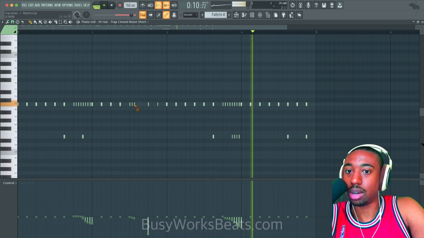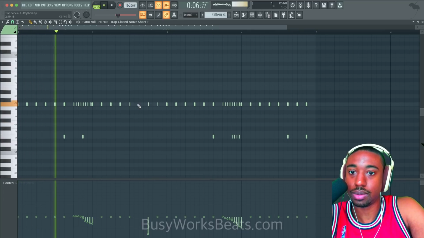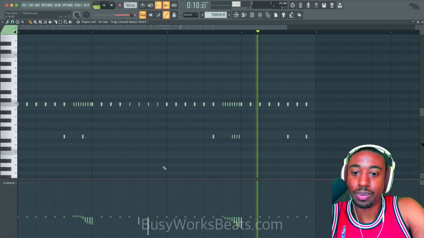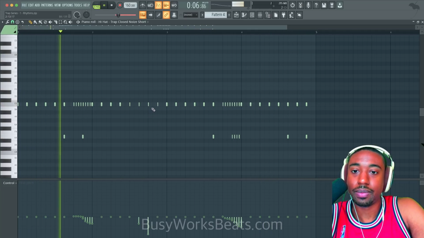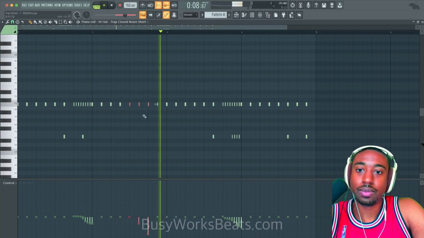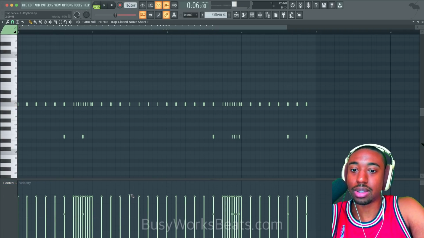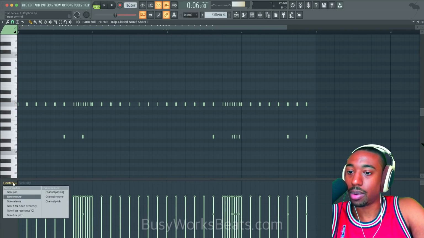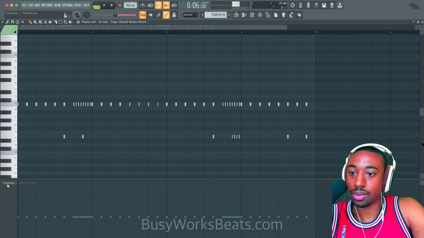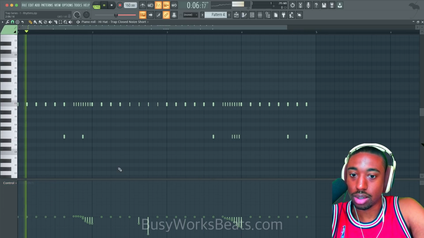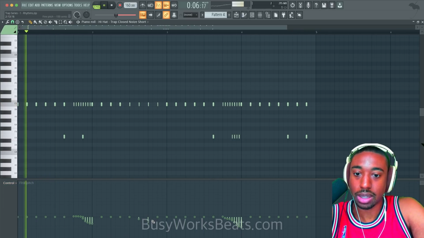Now this roll wasn't here before, so let's take that out. Now you're like, why'd the volume go away? Remember, it keeps the same parameters. So we need to go through these parameters and figure out why it's not sounding. Okay, so we need to troubleshoot here, make sure everything's good. This might be too low of a pitch. Maybe that's why.